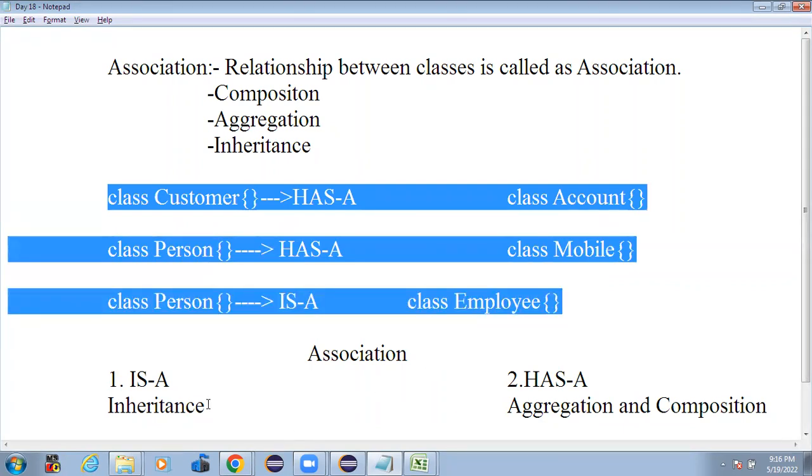So in inheritance, properties of one class will get inherited by another one. Every employee is a person. That means some common attributes and behaviors of the person are inherited by the employee. Every person has a name, so every employee has a name; every person has an age, date of birth, address. So this is the inheritance kind of relationship.